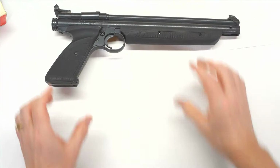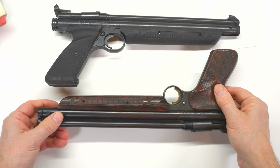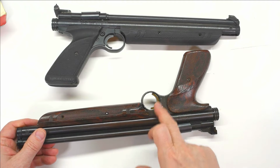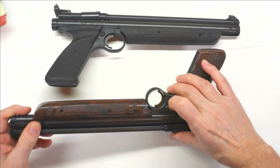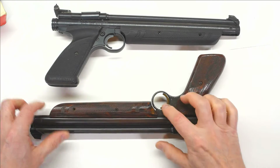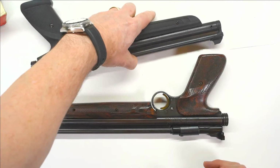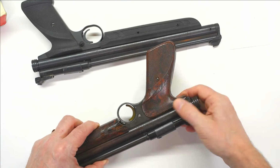Did that gun ever exist? Well, a friend of mine has a 1322 as well, and lo and behold, his matches the picture on the box exactly right. His gun does seem a bit earlier. This has a matte wrinkle finish paint on it. The trigger is, I think, brass plated, because that definitely appears to be steel. Trigger guard on mine is a bit elongated as well, a little bit larger. His is almost a perfect circle, and he has this interesting little detail, looks almost reminiscent of leatherwork or something,